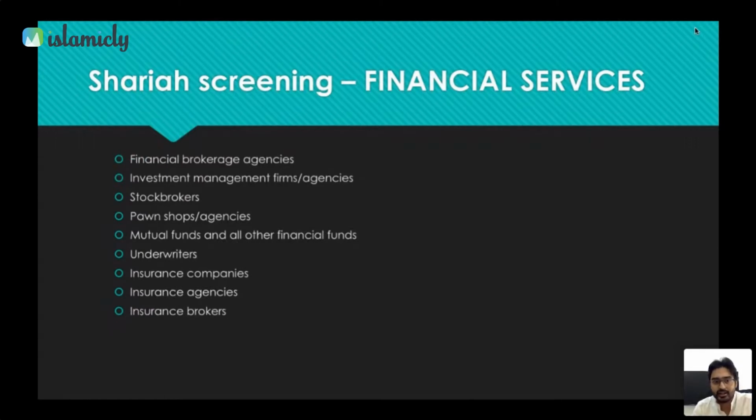Okay. In addition to that, financial brokerage agencies, investment management firms, stockbrokers, pawn shops agencies, mutual funds and financial institutions, underwriters and insurance companies and insurance brokers are considered non-permissible as well. One of the things that must have caught your eye is stockbrokers. Yes, stockbroking as